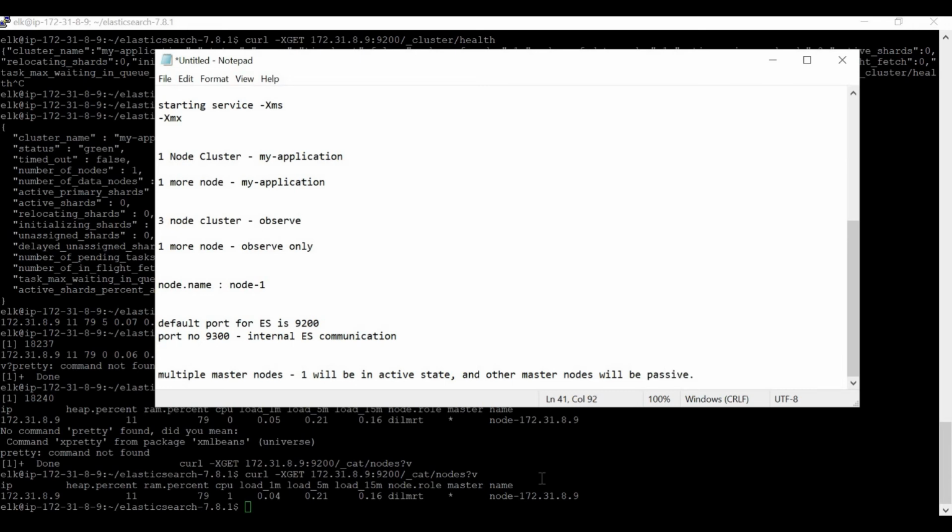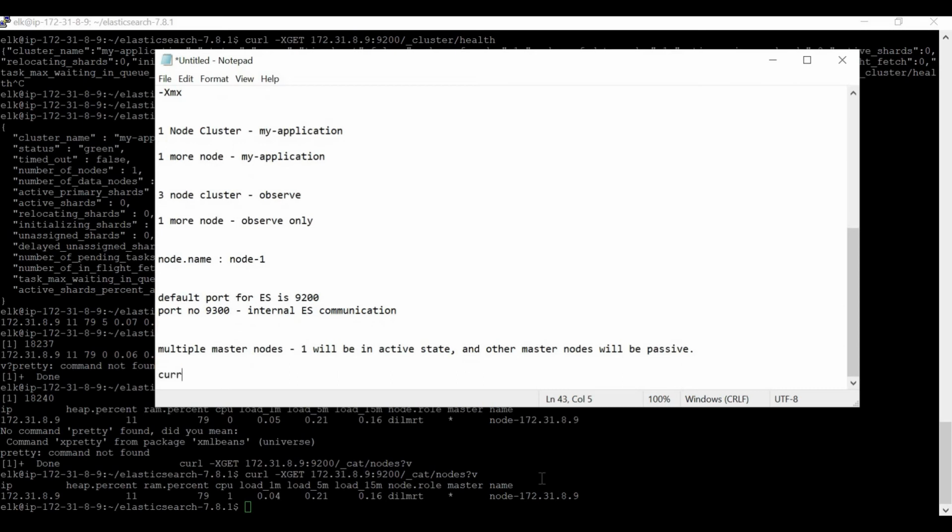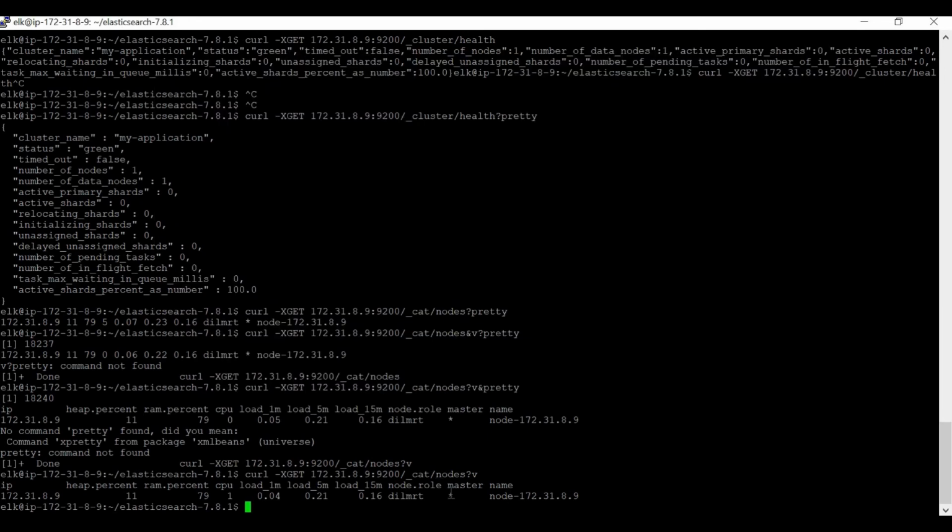Okay, and the current master node will have a star next to it, the way it is showing over here. This means it's my active master node. What are these node roles?